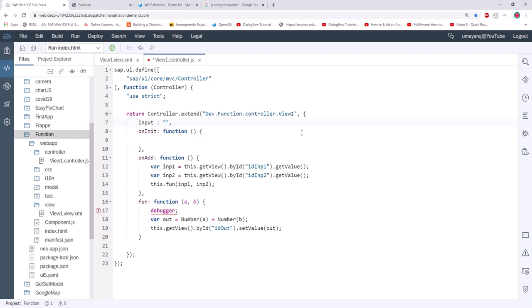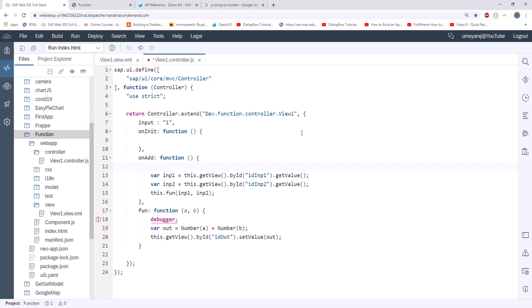For example, if you define this as 1, if you call this function, that time